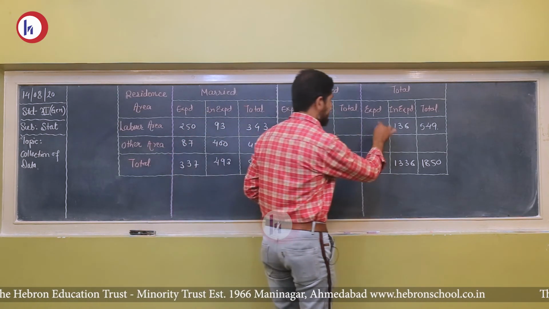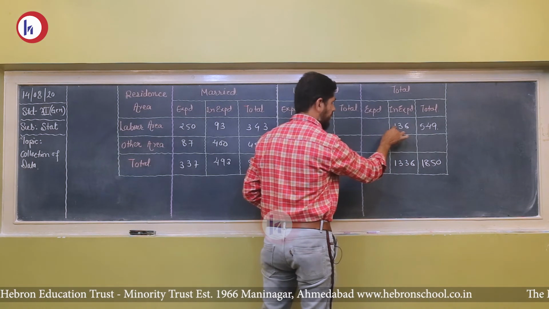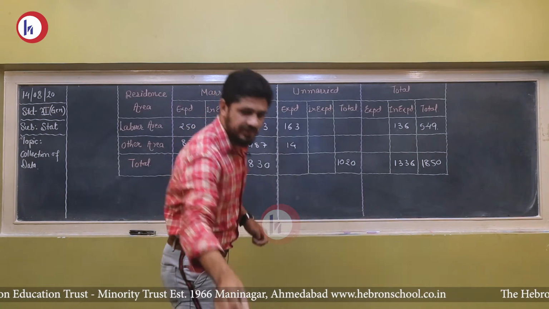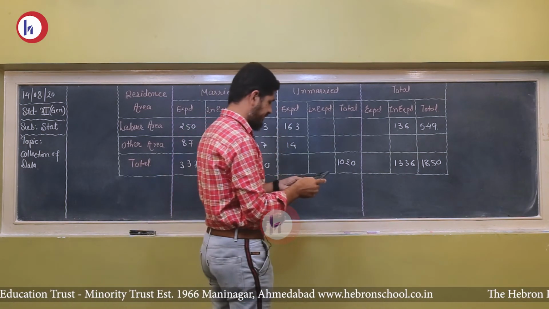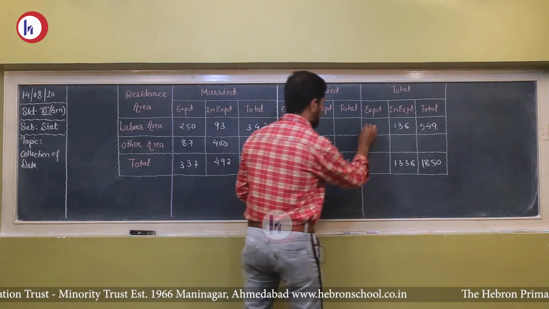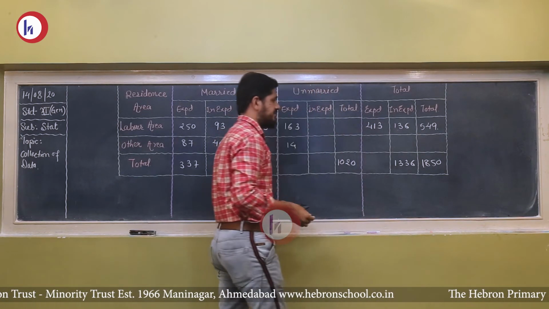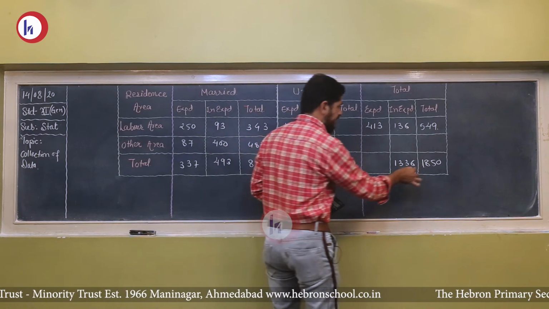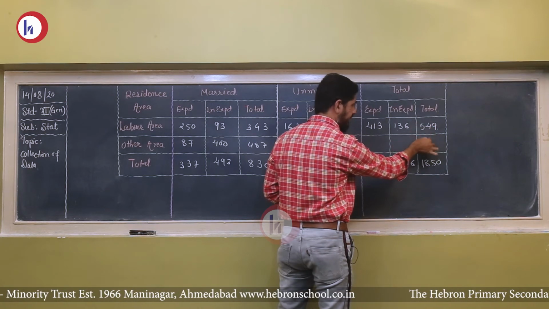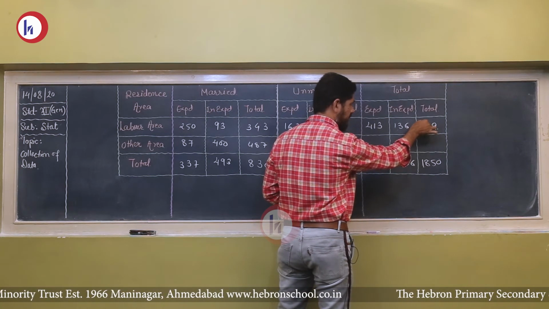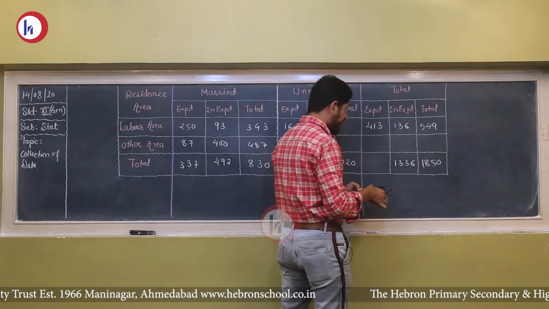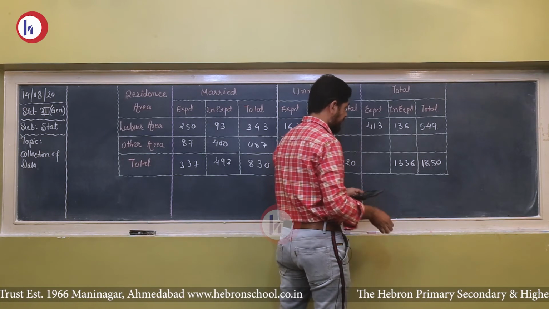For that, this is the sum of these two blocks. So we subtract 136 from 549. We subtract 549 minus 136, we will get 413. Now 1850 is the sum of total labor area and other area. So we subtract this amount 549 from the 1850. So 1850 minus 549 is